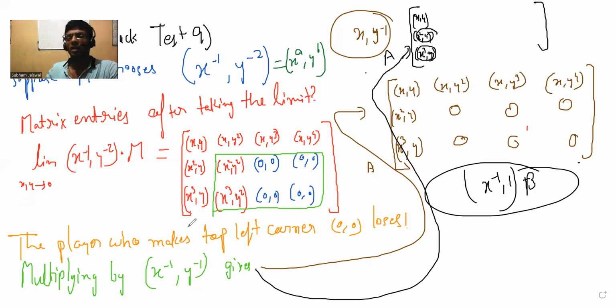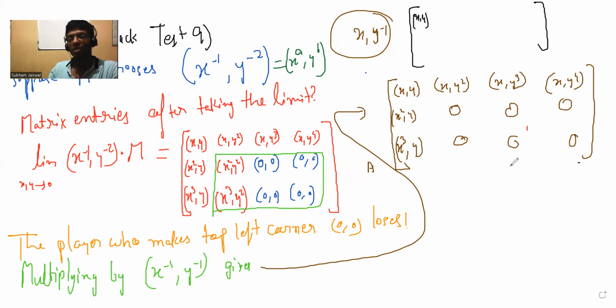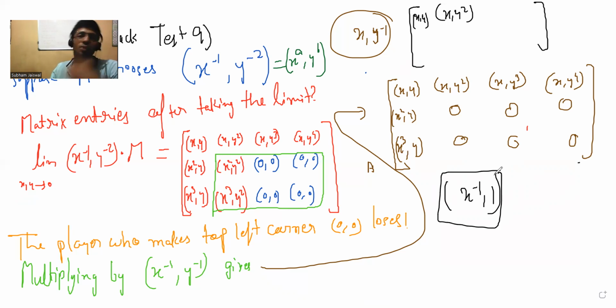No, so you see there is a problem. If you do x to the power minus 1 comma 1, it will not make every entry 0. Think about it. If you have something like x comma y squared, this will not become 0 if you multiply by x to the power minus 1 comma 1. So making this move initially doesn't mean that you're going to win. Making this move at the point we made makes B win. That's a different thing.